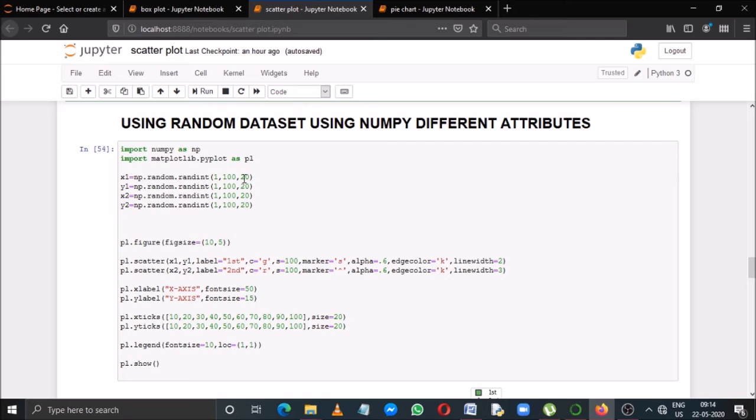The first one is the starting value, then the last value, and 20, that means the 20 points it will consider within that range. Similarly y1, x2, y2. Whenever I run that program, every time, these values will be generated randomly, and every time the values of x1, y1, x2, y2 will change.